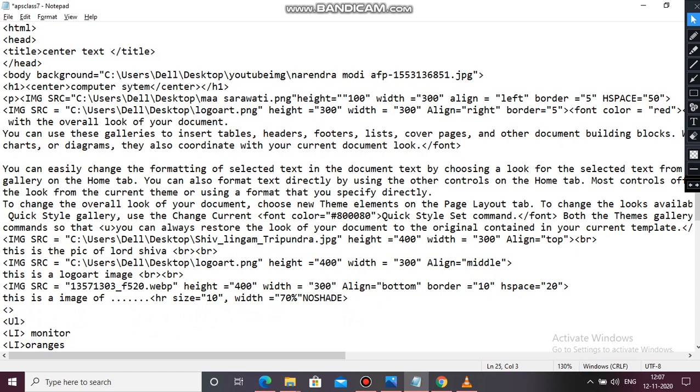Change center. After center, we are using a href, a space, then href equals to double inverted comma, http colon forward slash forward slash www.pcworld.com, then